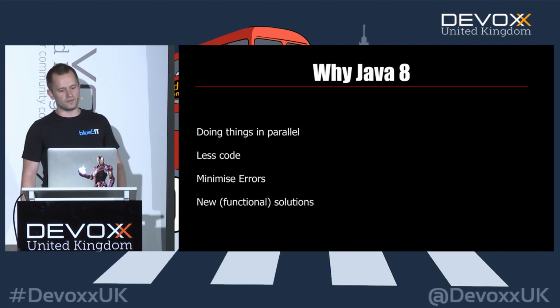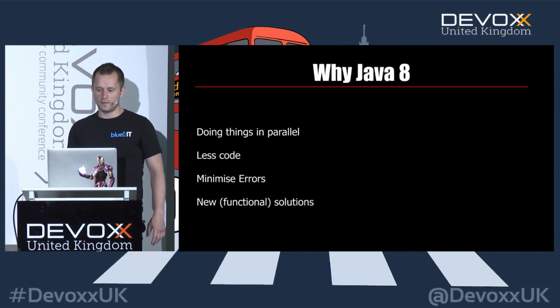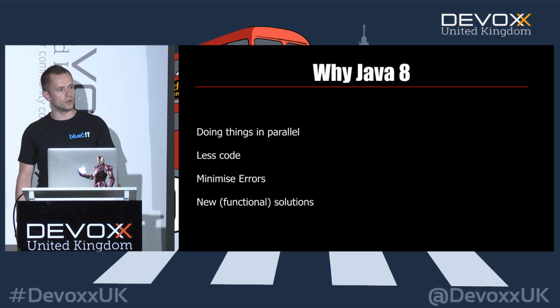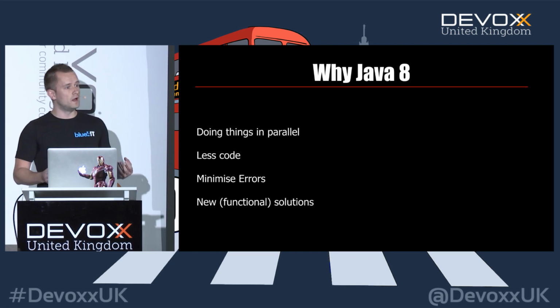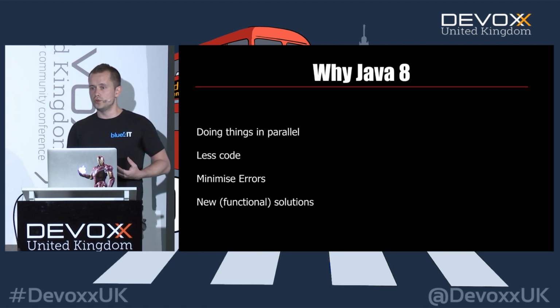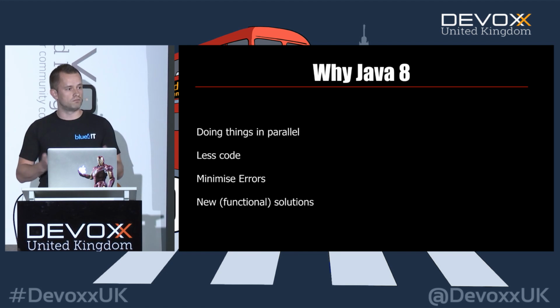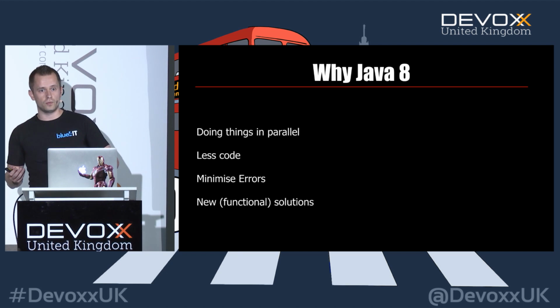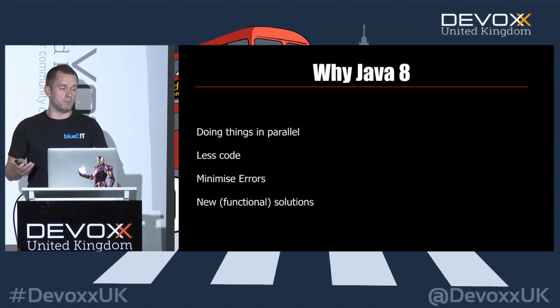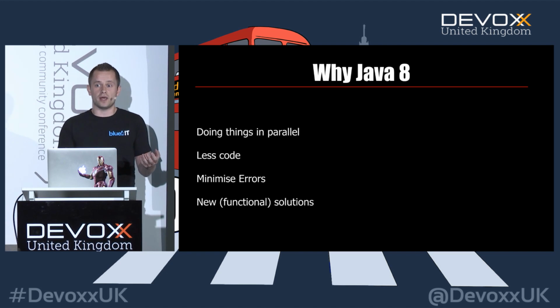These were the main selling points of Java 8. I mean, parallelization was something they were marketing about. Less boilerplate code with lambda, so fewer lines of code. They would give us new solutions to problems we had for ages, optionals, for instance. And with fewer lines of code, you could minimize the amount of errors. Because if you take the rules of software engineering, if you write less, you can make fewer mistakes, right?